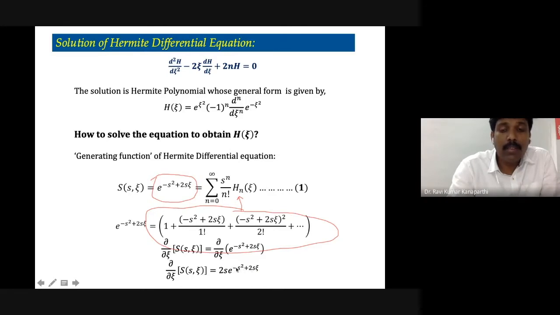2s. When you are calculating the derivative, remember that we are only taking the derivative with regard to z, not with regard to s. Therefore, the derivative of minus s square becomes 0. But here you have 2sz, and the derivative of z is 1, and as a result we will get 2s. So the 2s has to be multiplied, or you have to write it here. Okay, the derivative of minus s square plus 2sz is actually nothing but 2s, and e power x, that's all.